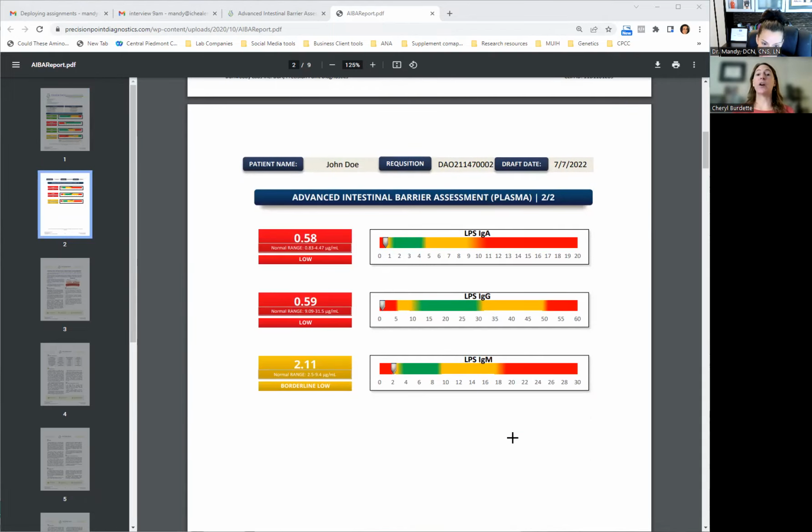lipopolysaccharides, and these are things that are shed from bacteria. Their other name is bacterial endotoxin. What they do is they're kind of like, now we're in there with the crowbar in terms of trying to get in. They go into those tight junctions and wedge them open. It's not an elegant signal like zonulin, but they're still getting in there, wedging open the gut. Also, in fairness, they can go in through some gut cells as well, but lipopolysaccharides really trigger the immune system too. So they damage the lining, they make you leaky, but then one of the major things they do is